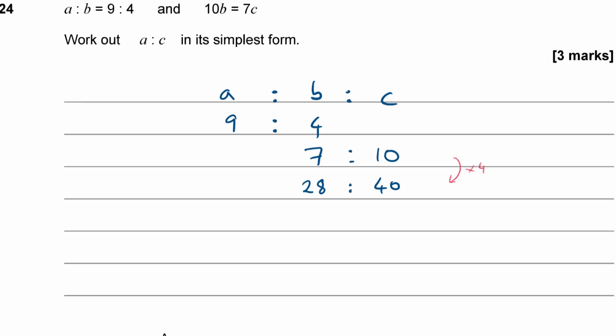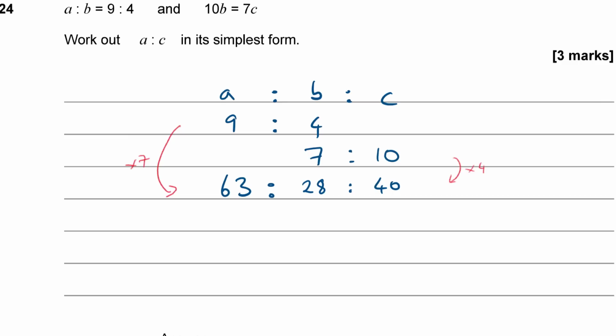Now let's have a look at the other side. If I've got a ratio of A to B of 9 to 4 and I scale that up so that B is now 28, I would have timesed it by a factor of 7. So if I'm timesing B by 7, I have to times A by 7, and 7 9s are 63. So I've taken my two separate ratios and made one combined ratio for all of A, B and